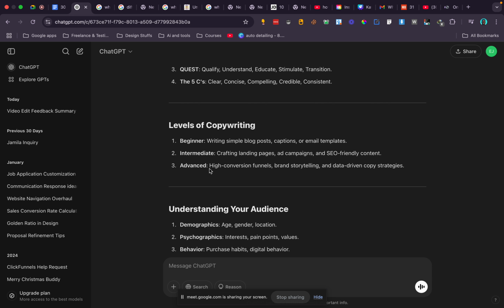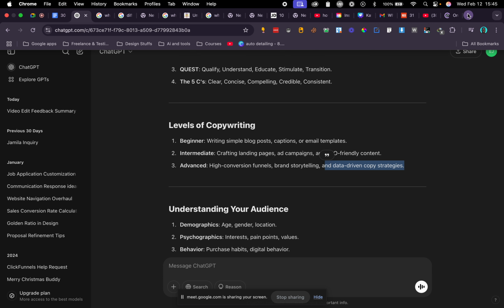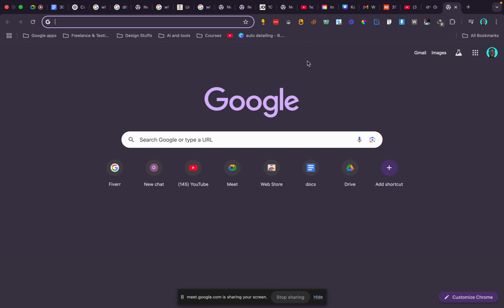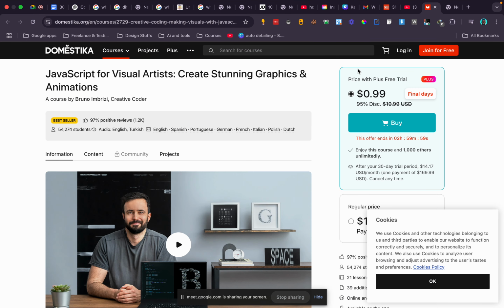Advanced copywriting: high conversion funnels, brand storytelling, and data driven copy strategies. When you talk about high conversion funnels, these are stages of business customer acquisition, lead acquisition, where they basically have different steps.